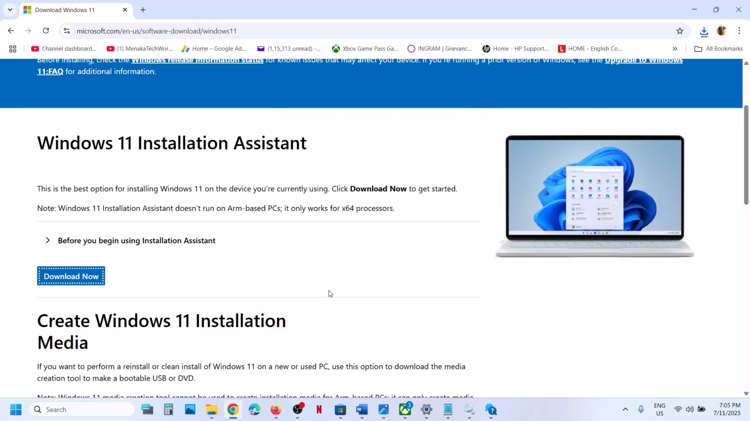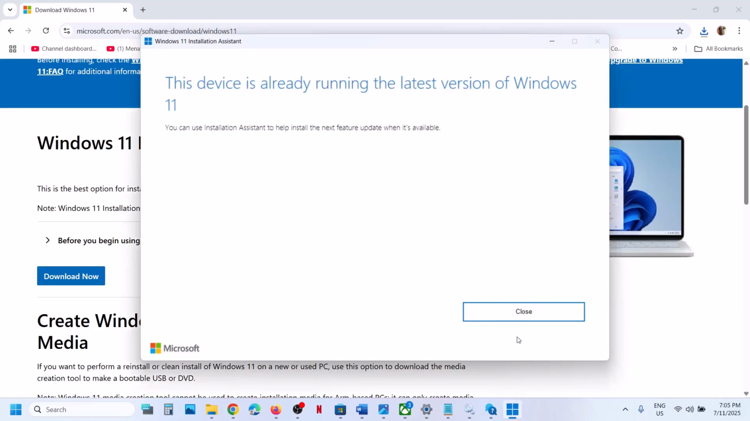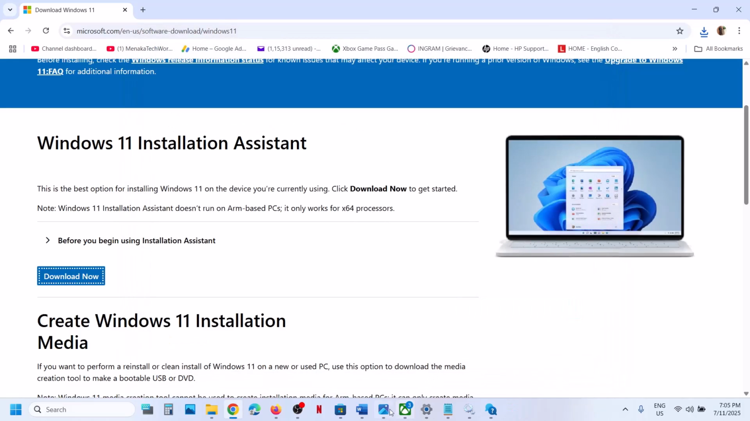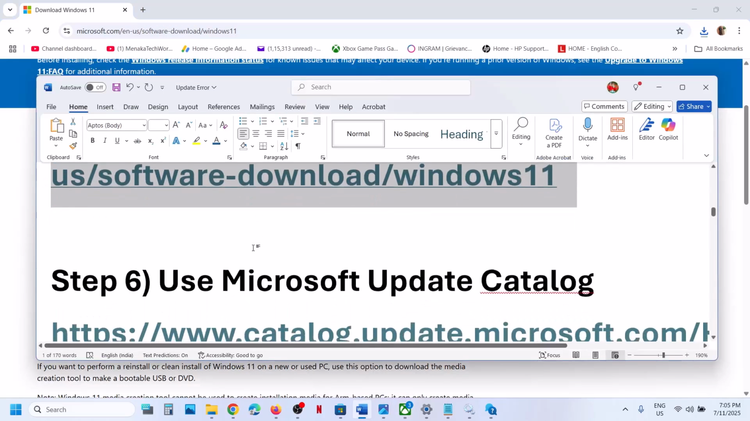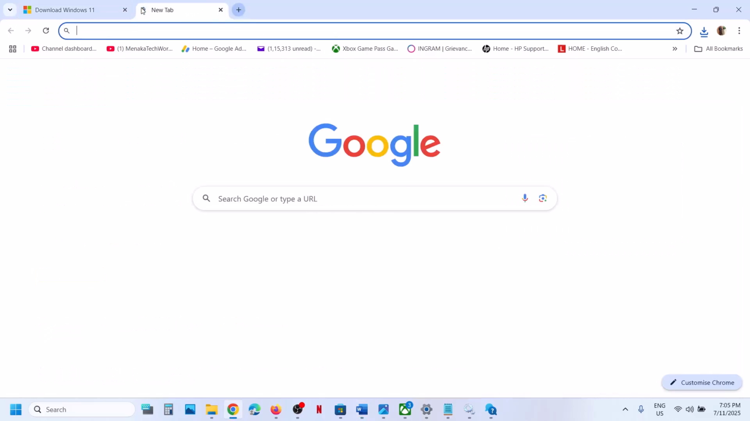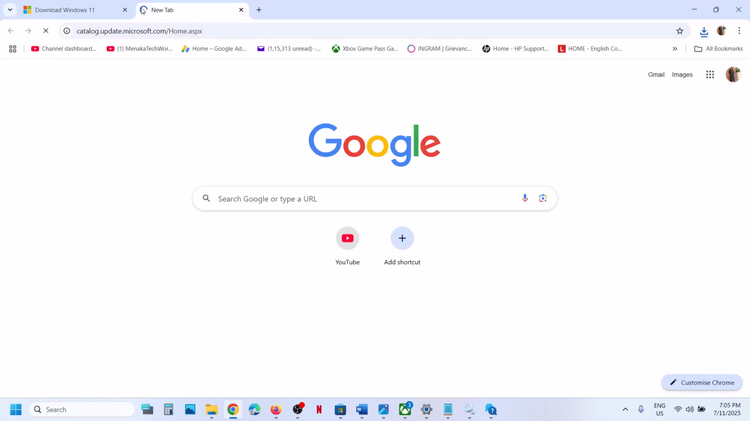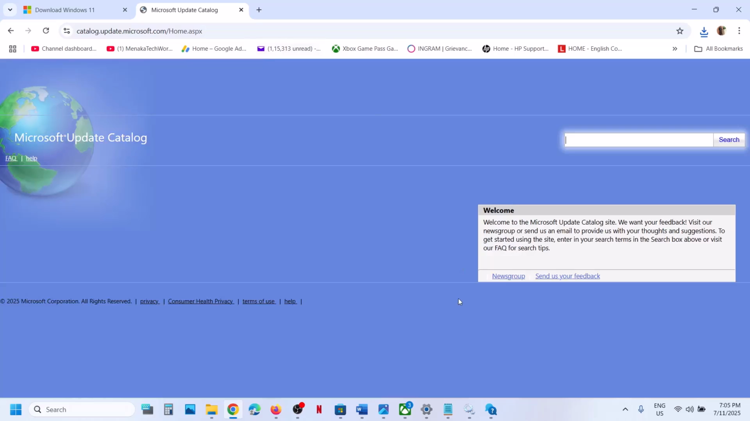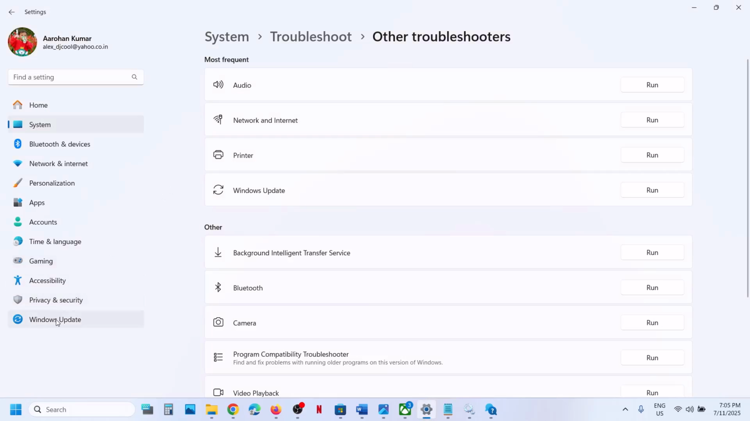Click on yes to allow, and if there is any update, you will see update now option or install now option. You can update it and then check. In my case, it is already up to date. Next step is to use Microsoft Update Catalog. Now for this, you can open this link in a browser. The link is provided in the video description, and over here write down the name of the update, that is